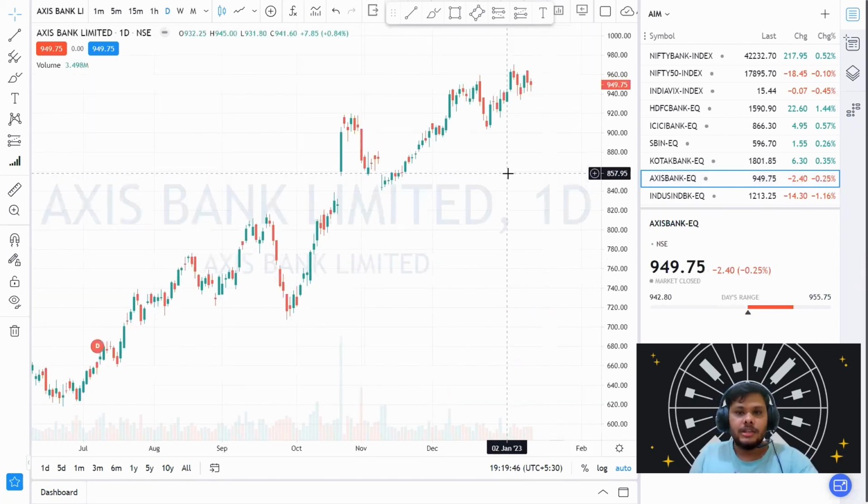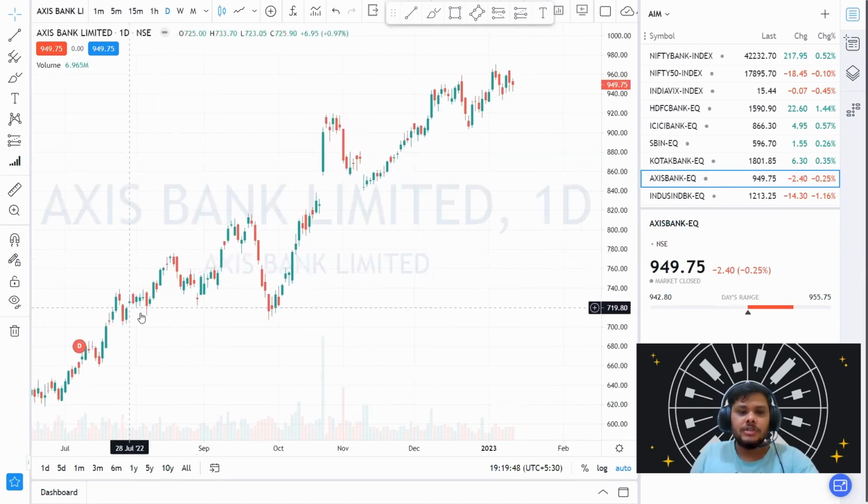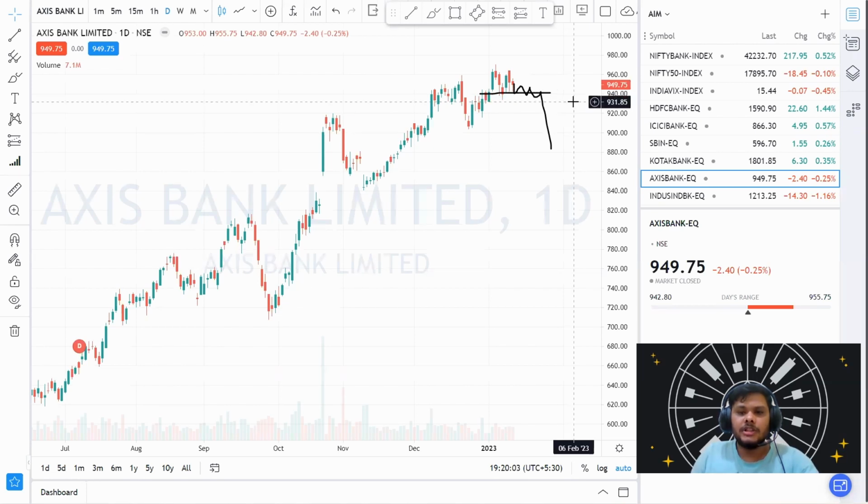Now let's look into Axis Bank. In Axis Bank, one thing you can clearly notice is that it continuously took support from that 940 level for the last 4 to 5 days, and it did not close below that. So if tomorrow the market closes below 940 by opening gap down or opening flat, then you can also take a trade for selling, because when it breaks that support level, those buyers who took buying trades from that zone will have their stop loss hit and they will get out of that trade. And for taking any kind of buying trade, my suggestion would be to let it close above 960 or 965, then after that we can take a trade for buying.